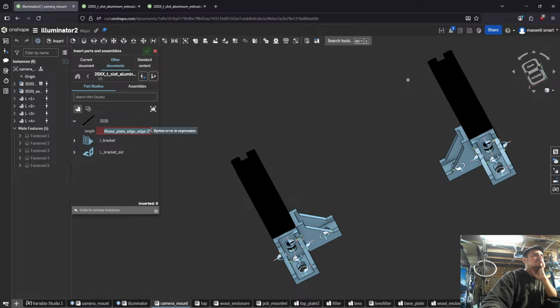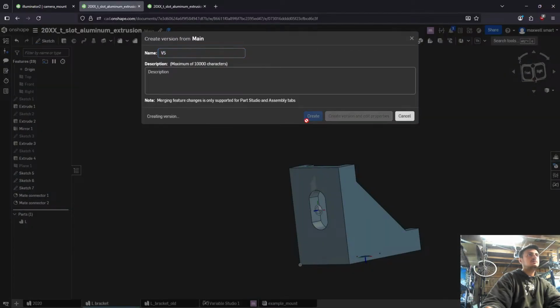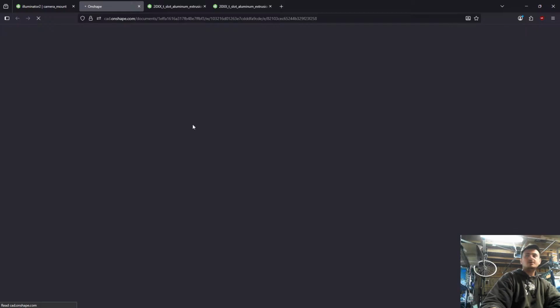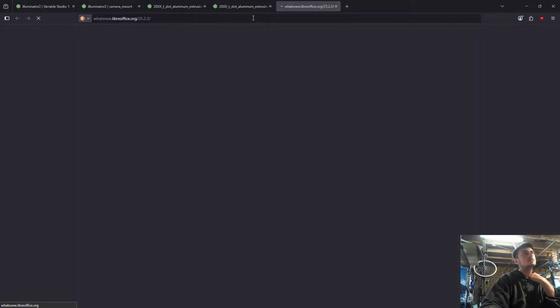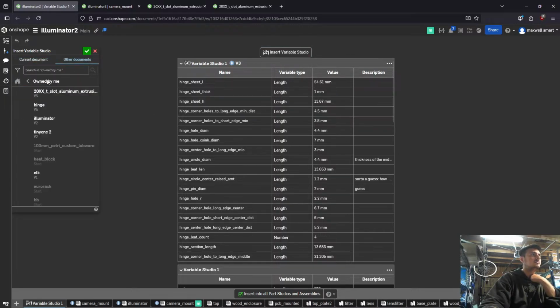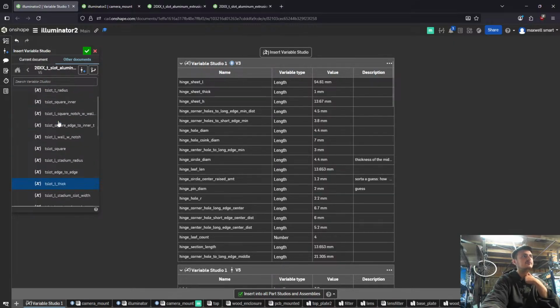So we want to be base plate minus, oh wait, but we need to now make a version, and then we need to go to this variable studio, and then we need to insert variable studio, other documents, owned by me, this. Yeah, oh, you can actually insert individual,